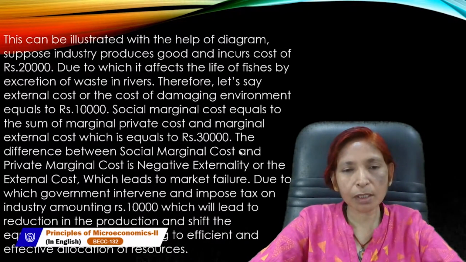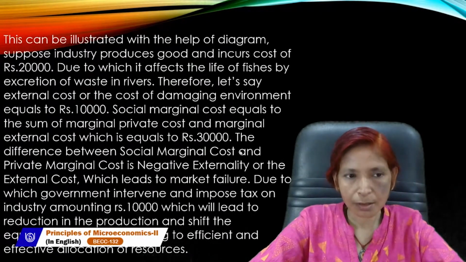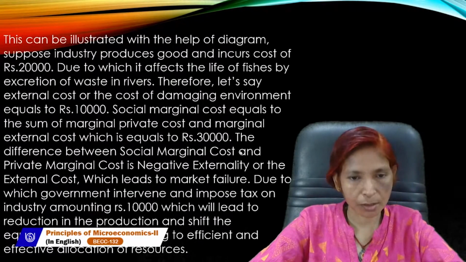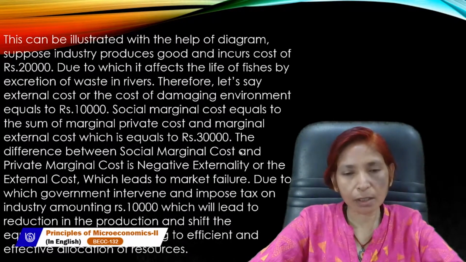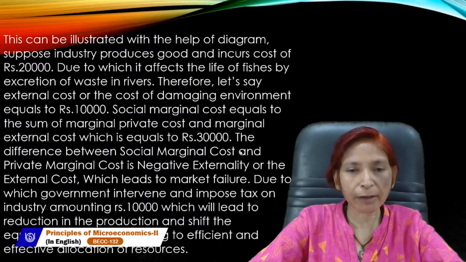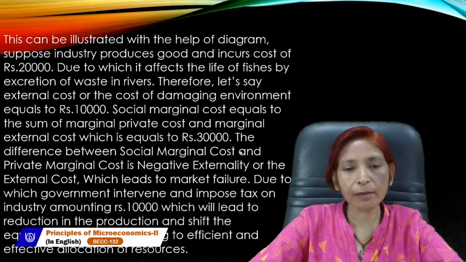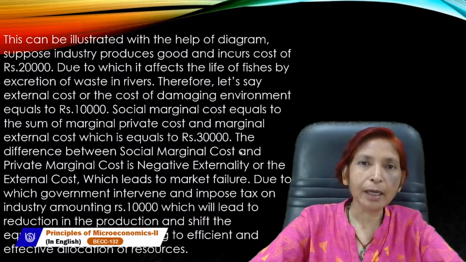Social marginal cost equals the sum of private marginal cost and marginal external cost, which equals 30,000. The difference between social marginal cost and private marginal cost is the negative externality or external cost,